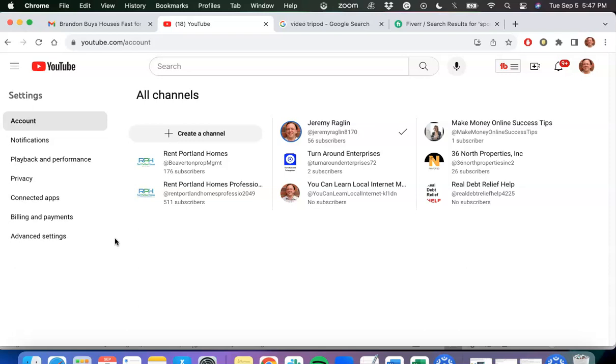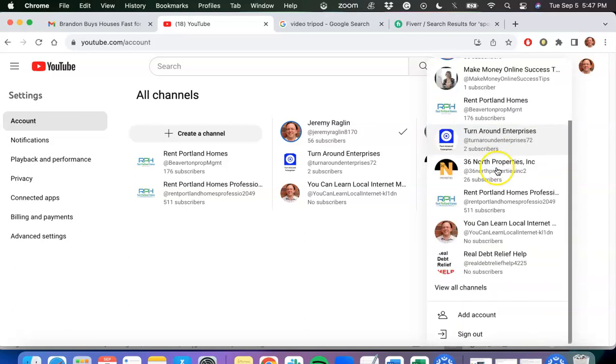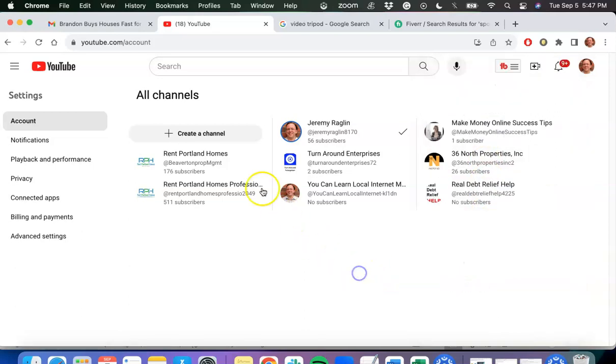So to create a channel, if you've not done it before, all you have to do is go over to your picture on the right side of the screen, and then you're just going to click on where it says Switch Account. When you click on Switch Account, what you want to look for is the option that says View All Channels. When you click on it, it will take you right here to the All Channels page. Now, if you don't have an actual channel that's attached to your account, then obviously this will be the first time that you create one. So you just click on Create a Channel,